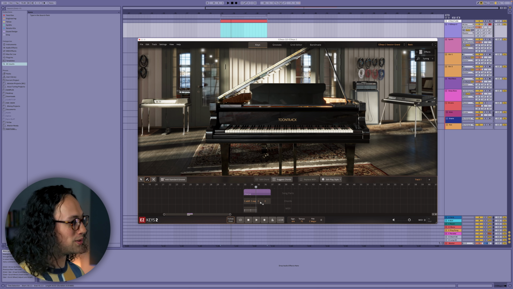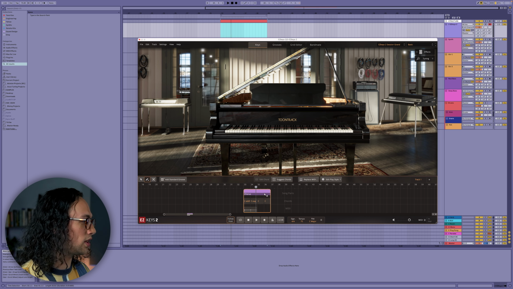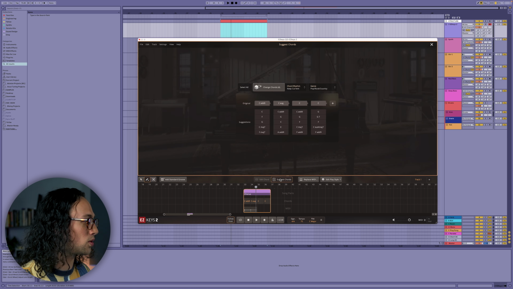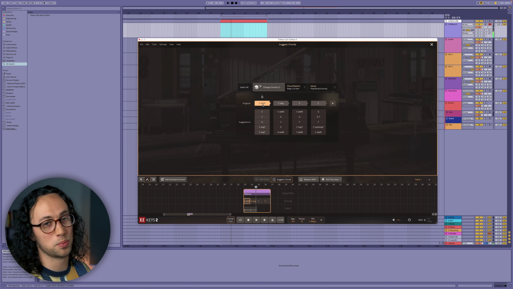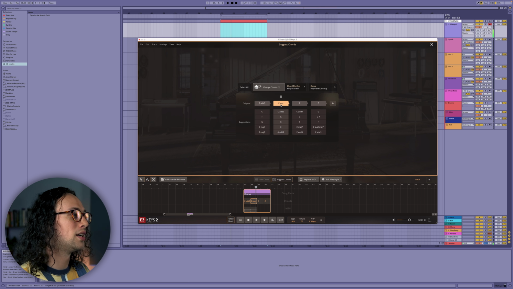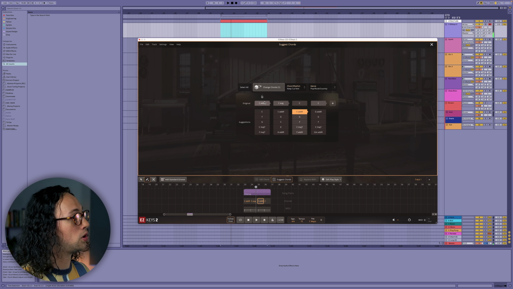Now here's where it gets really cool is you can have it suggest chords for you to go to next, given whatever genre you're working in, okay? So if we just select this little section here and we click suggest chords, it'll bring up what we've got already, okay? So we've got a C add 9. We can preview it there. And we've also got the C augmented. And here's some suggestions for what we could do next. So we could go back to the first chord, or we could go,